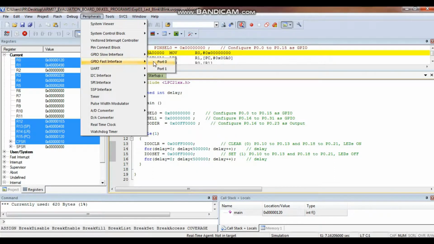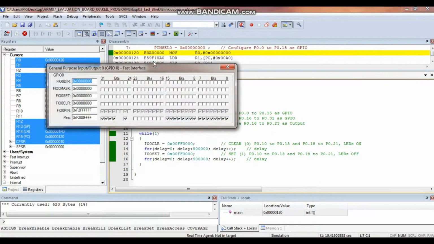Click here. Now you can see the pins here, 1 2 3 4 5 6 7 8. These pins are blinking. It means these LEDs are turning on and off for some time. It means my program is working fine. I am able to blink these LEDs now.